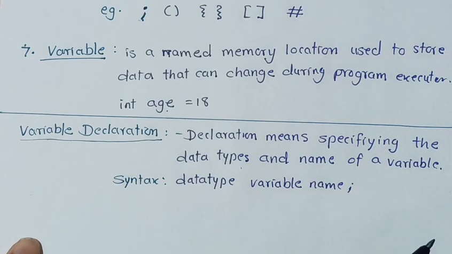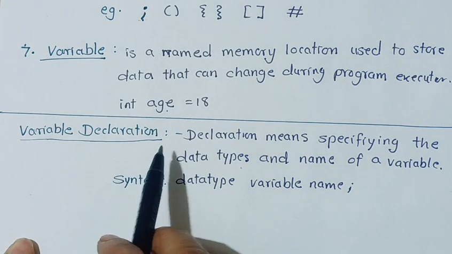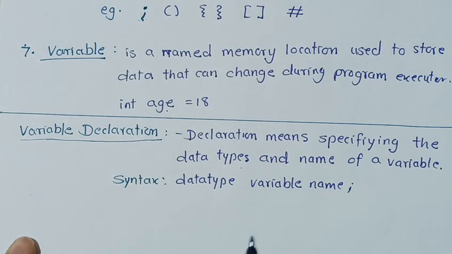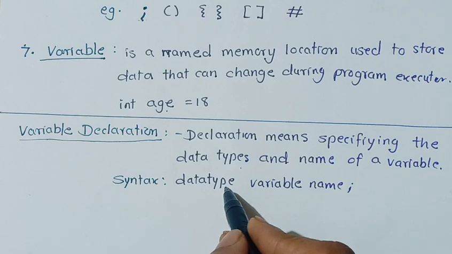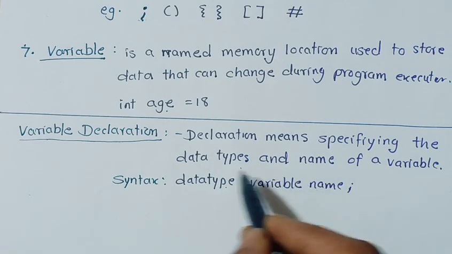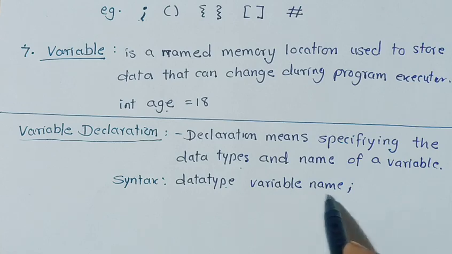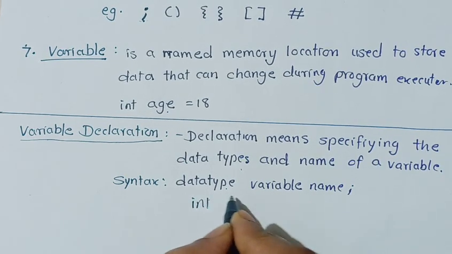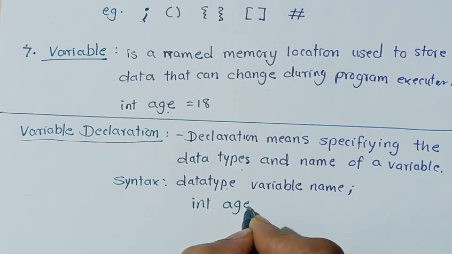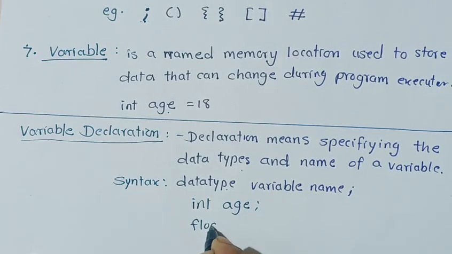Next we will see how to declare a variable, that is variable declaration. Declaration means specifying the data type and name of the variable. So how do we specify? Here we have to write down the data type, what type of data we are storing, and then the variable name, that is the identifier name. You can see the example here: int age, float marks,